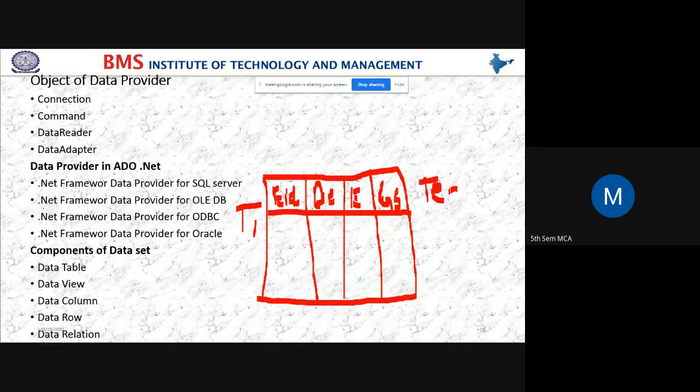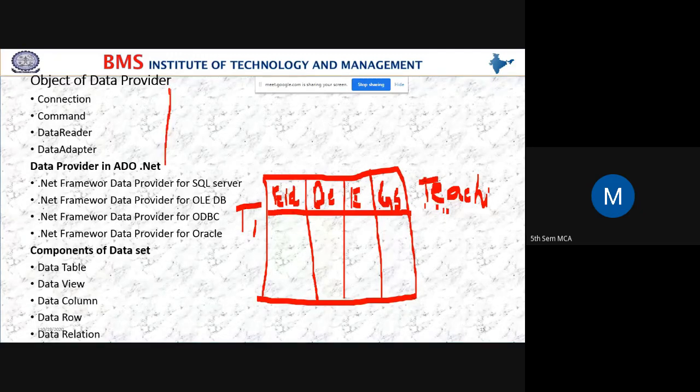I have other information also, but here I have taken only employee ID, department, experience, and the gross salary. These are the employee, teaching faculty, teaching staff details.